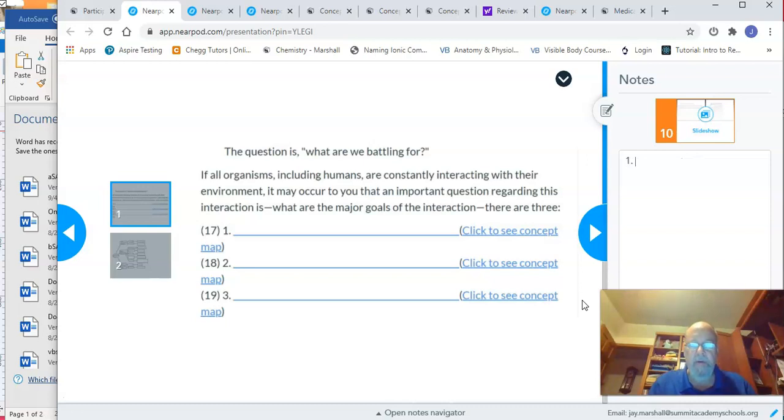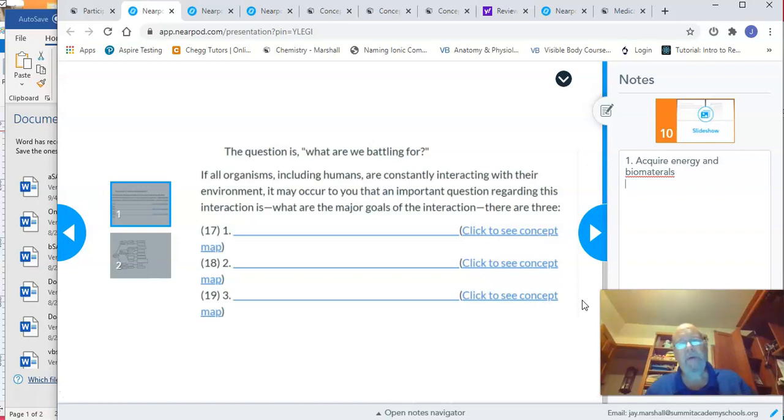Okay, and once I enter that, then I can type in here the three goals that we want, and this is what you're going to put on your worksheet, okay? And you're going to put this on your graphic organizer. But number one, our first goal is to acquire